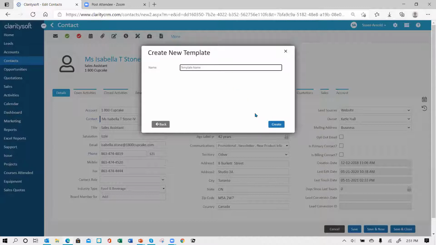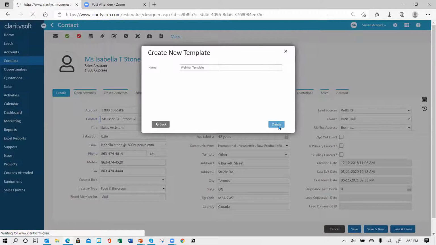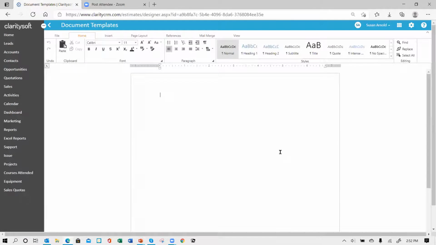Then you're going to give the template a name. And I'm just going to call this webinar. It could be contract. Again, if it's a contract, you probably want to go to the opportunity or the quote or the sale module and create it there because that's where you're going to pull your data from, okay, and have maybe custom fields. So you put in a title, you click create,